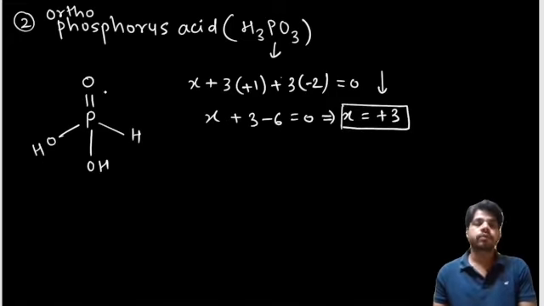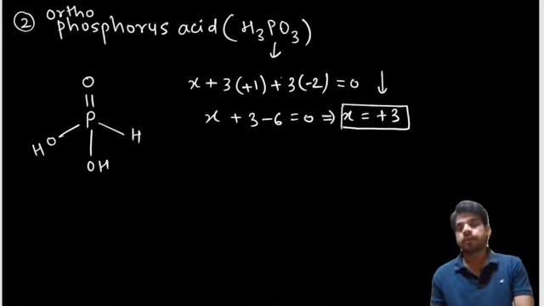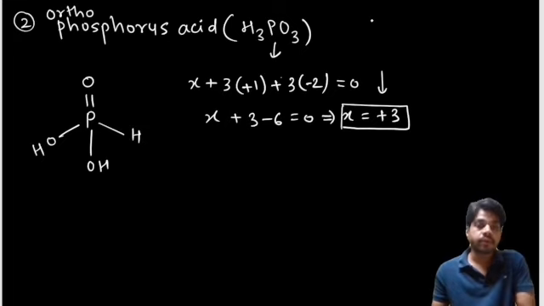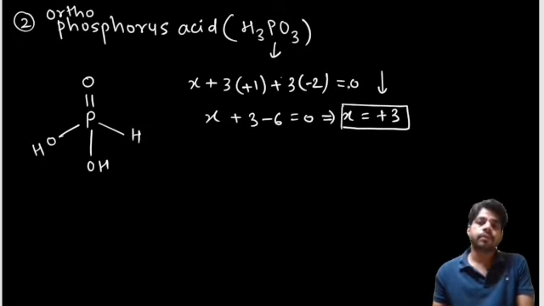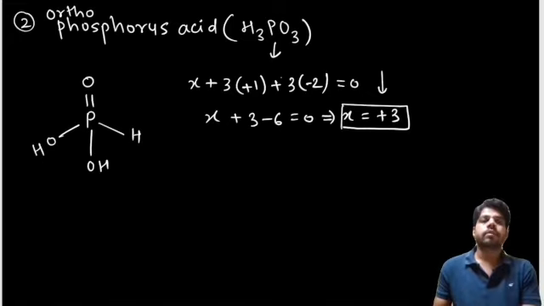Okay, the short trick is this. You can apply it 90% of the time and it will give you the correct answer, but about 10% of the time it gives you the wrong answer as well. So you can go with this way, right? This is the actual way to calculate the oxidation state of phosphorus in any of the acids. Okay, so again, let's go with the trick as well. Let's see whether the trick works here or not.